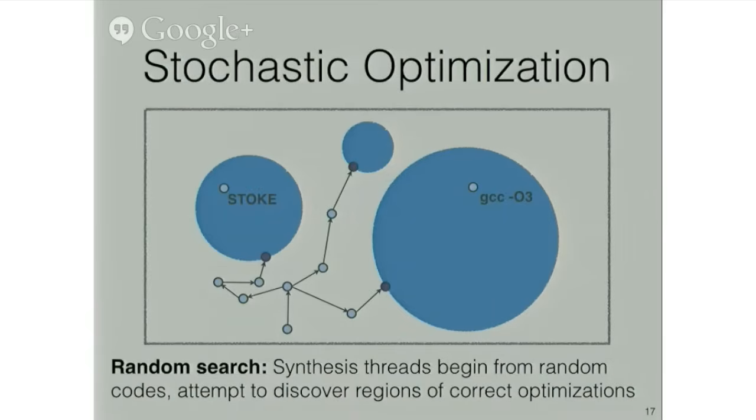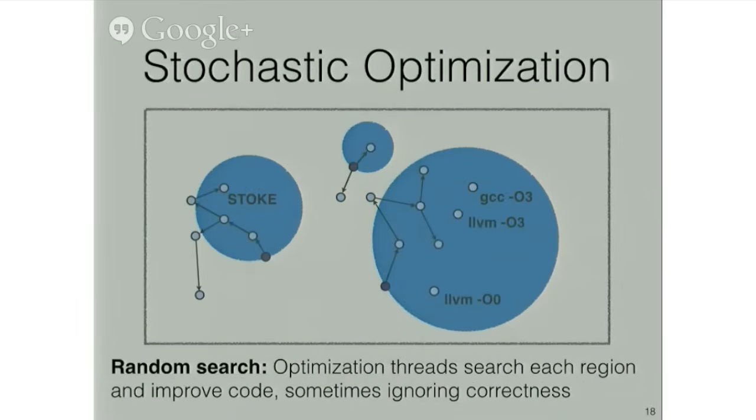And then next, for as many of these regions as we were able to find, a new set of random walks are performed in an attempt to discover the most performant code in each region. What's crucial here is that nothing constrains these walks to stay within the region they're initialized to. So although some leave and never come back, like this poor guy on the left over here, many are actually able to discover useful shortcuts that experiment with temporarily incorrect solutions, like the one on the right here, which temporarily leaves this blue region. And maybe even more interesting than that, we often find that it's these threads in particular that end up producing the most interesting results.